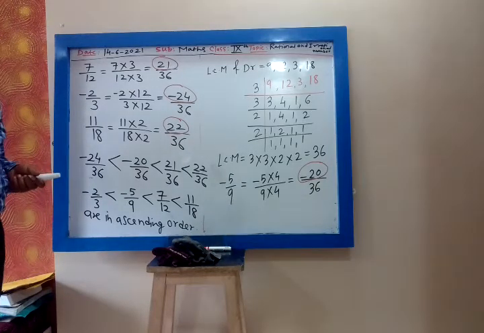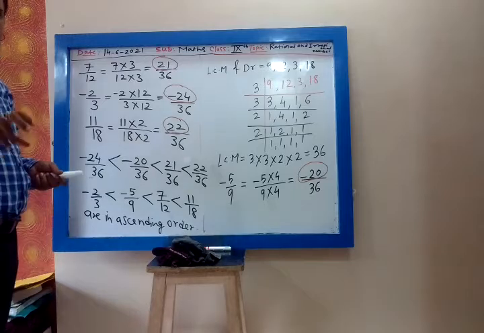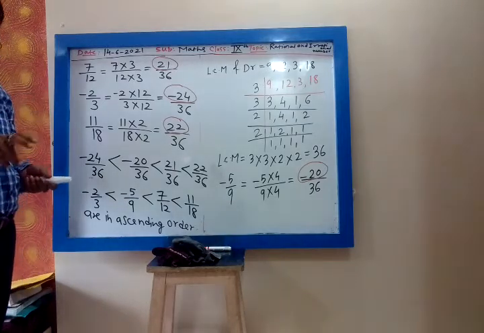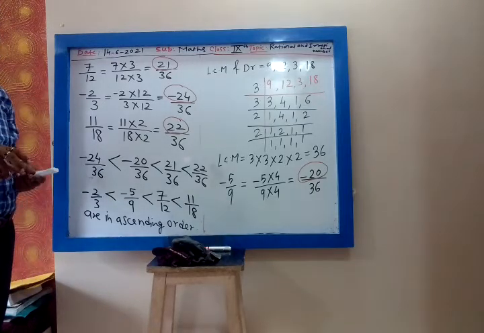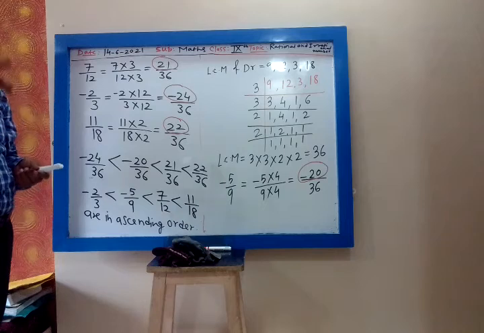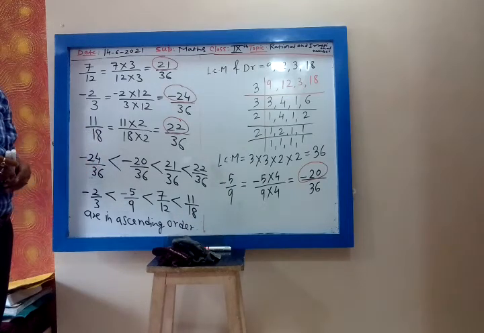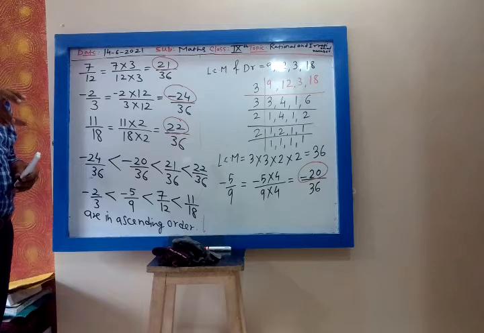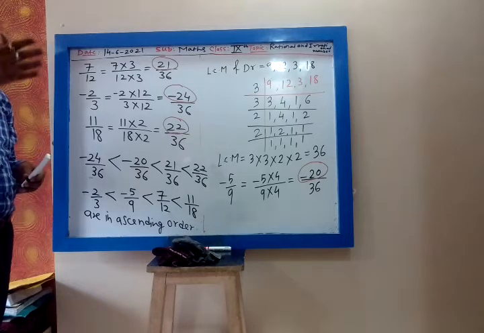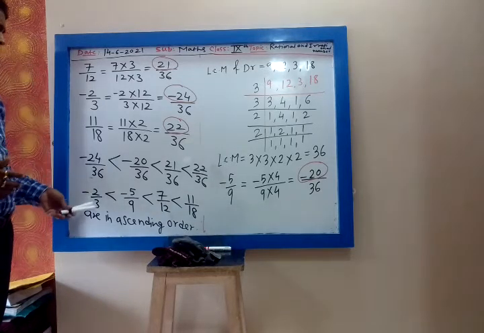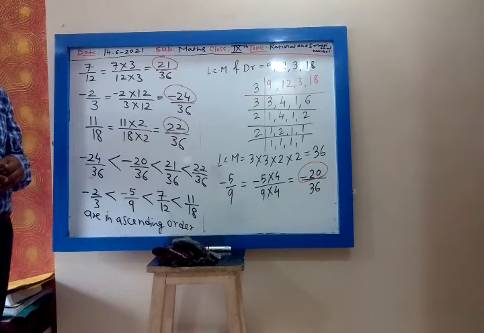Before arranging the numbers in the ascending order, we have to see whether the denominators are equal. If the denominators are not equal, then we find the LCM of the denominators and make the denominator of each rational number equal. Then after making the denominators equal, to arrange them in the ascending order, we see their numerators and accordingly arrange them in the ascending order. So the first job is over.